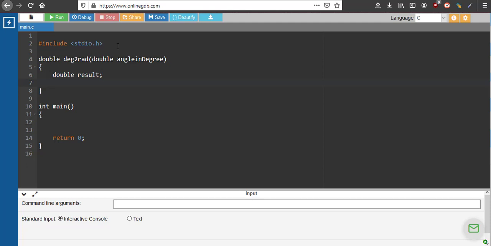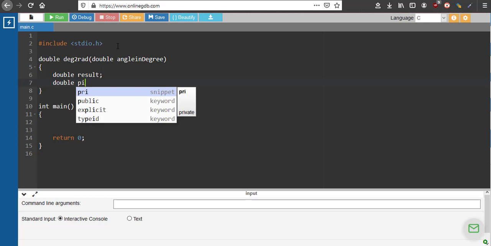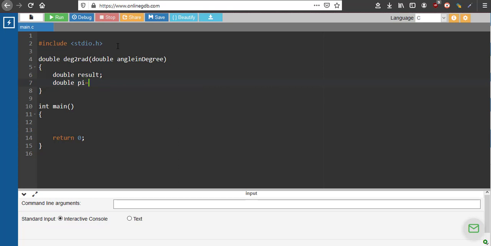I will also declare another variable, pi. So it is nothing but 22 by 7, right? Note that I have written a decimal value here, 7.0. That is because since it's a double, we have to use a decimal. One of the inputs should be decimal, right?